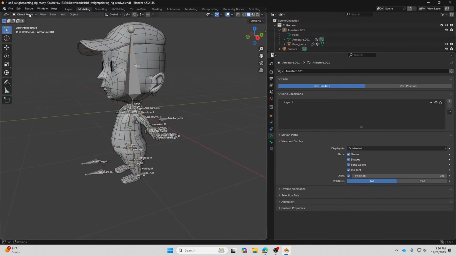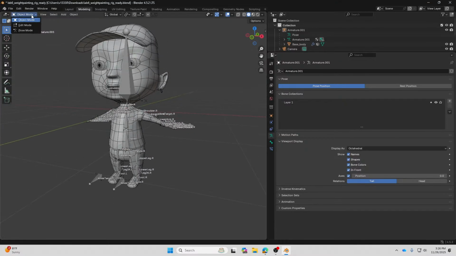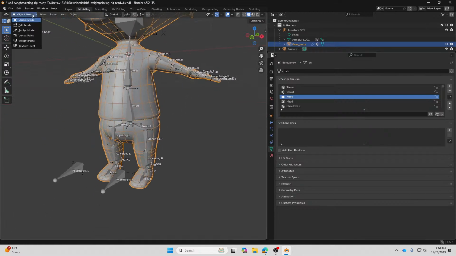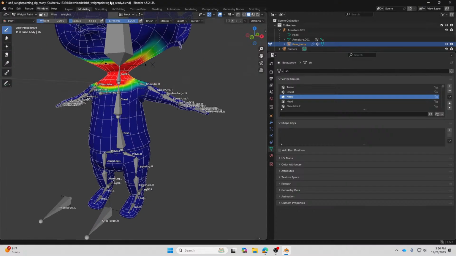Okay, for example, there will be some error when you try to correct the weight paint on the characters over here, and you use the weight and radius over here, because the radius is very big.